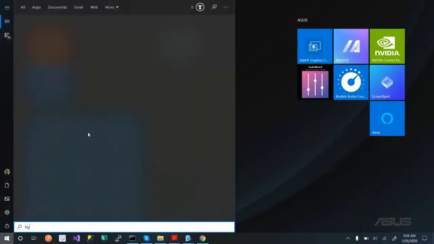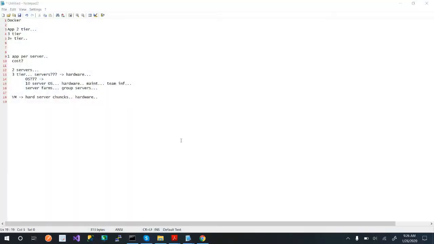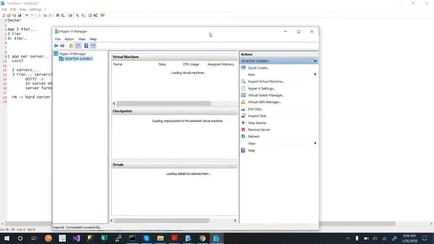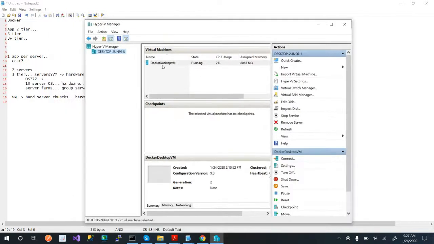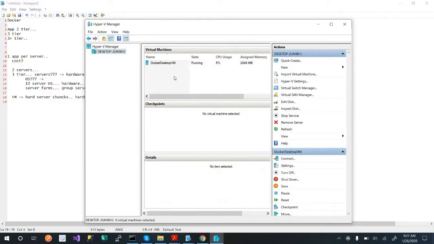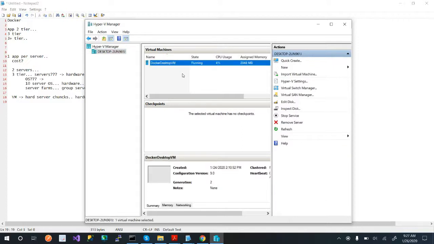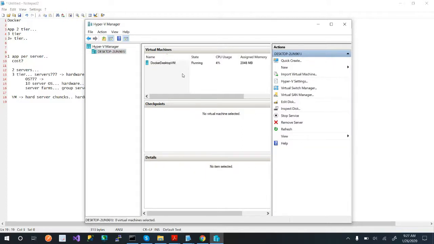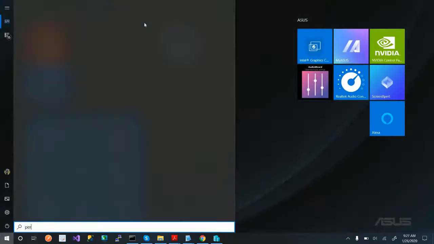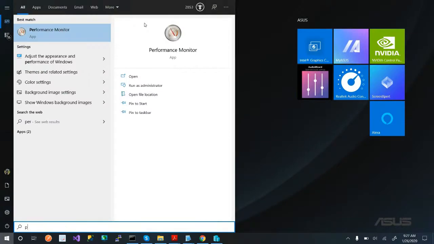So if I look at Hyper-V for Windows, now you have to have, I think it's Windows Professional. Now ignore this, please. We'll come back to this in a minute. But whenever you run Hyper-V, I'm on Windows 10, you have to have something better than the Home Edition to get Hyper-V. And to do that, let's go ahead and talk about that real quick.